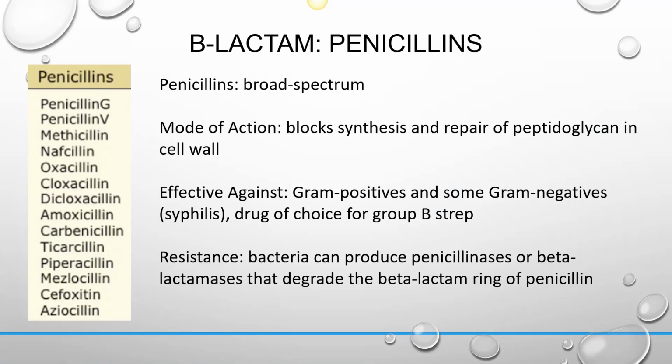The penicillins, so one of the biggest categories of beta-lactam antibiotics are the penicillins. There's penicillin, which is just one drug, but penicillins as a group includes all of these different drugs. So anything with "-cillin" at the end, you can see all of these different drugs fall under the umbrella of the penicillins. They isolated penicillin from the mold Penicillium notatum,